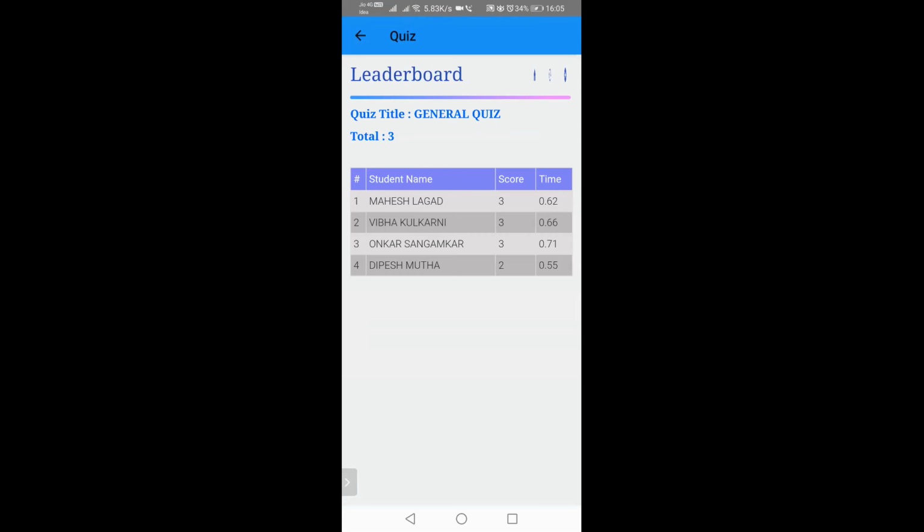Is this quiz tab available on the mobile app? Yeah, it's only on mobile. Reporting parts are available on admin as well, but creating a quiz and appearing for a quiz is only on the mobile app. It was basically designed for the app only. But it's a web login also. If you want, we can give you web login as well, but our main focus was the mobile app.